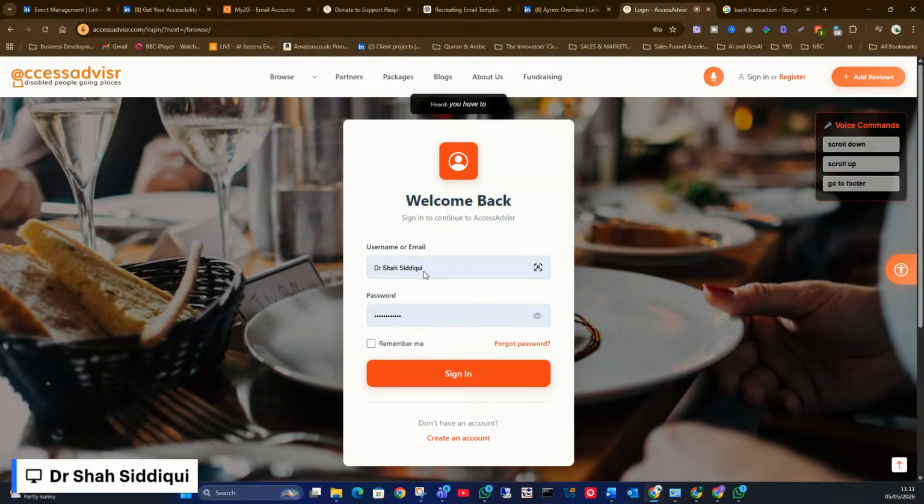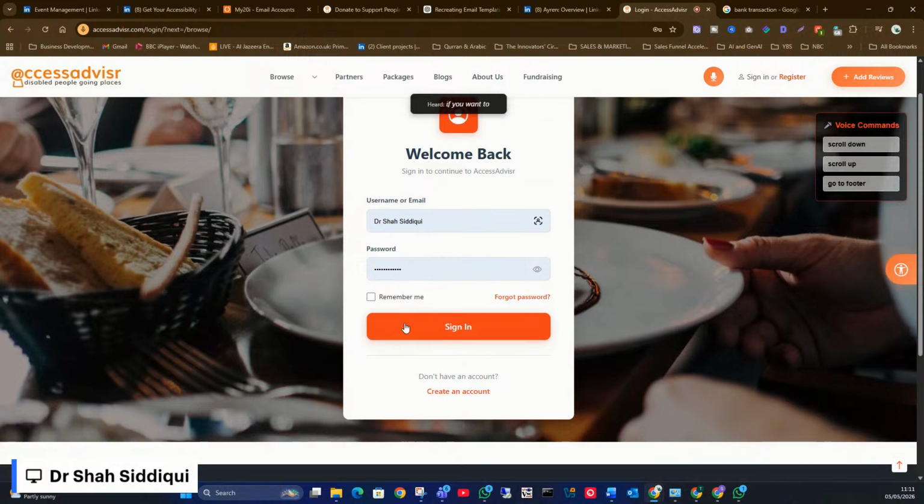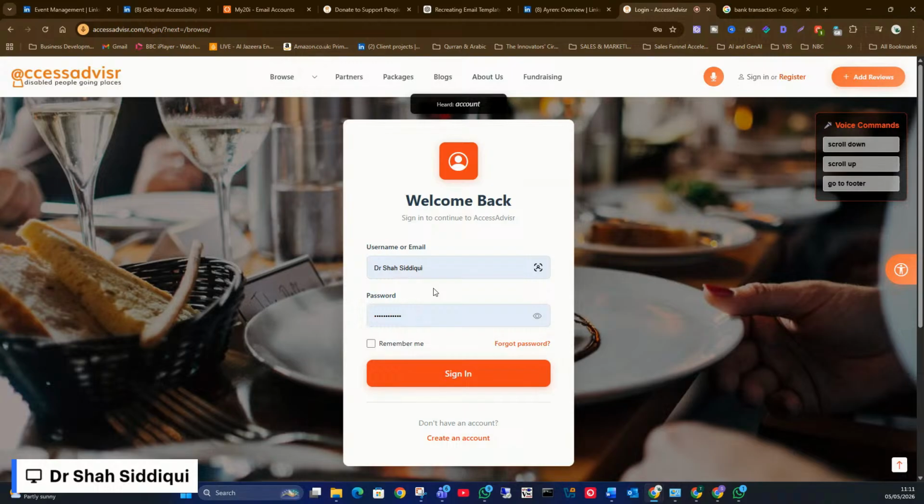We have to pay Google for searching that place. So if you want to browse places, you need to create an account and then start browsing. So if I sign into my account,